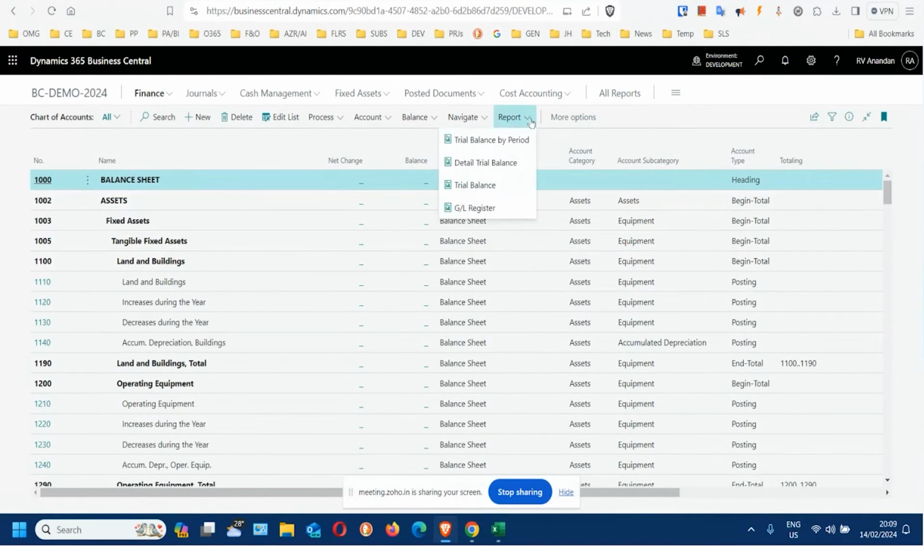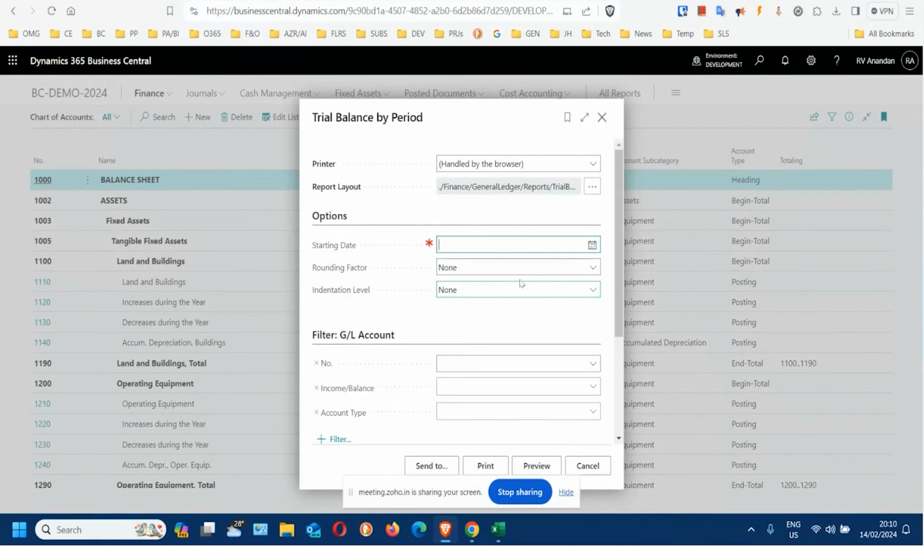Chart of accounts. If we go into the reporting section, we can here see the trial balance by period, detailed trial balance, GL register, everything is available here. So I'm reading the system itself. If I click trial balance by period, and if I choose as starting date 01/01/22,